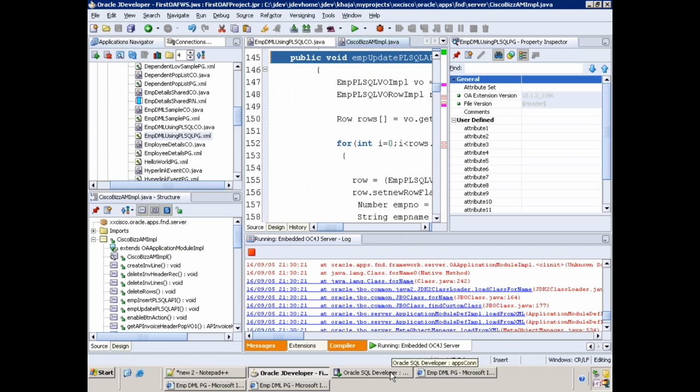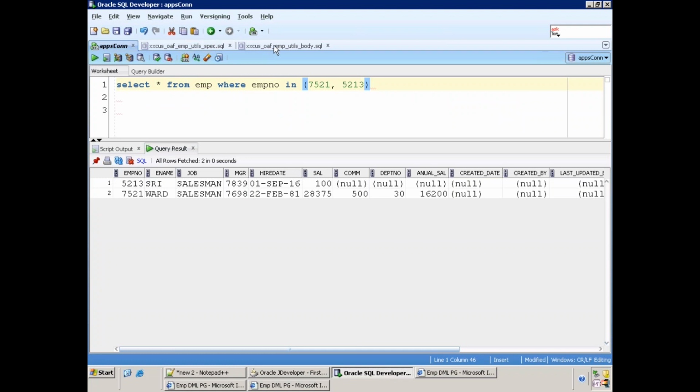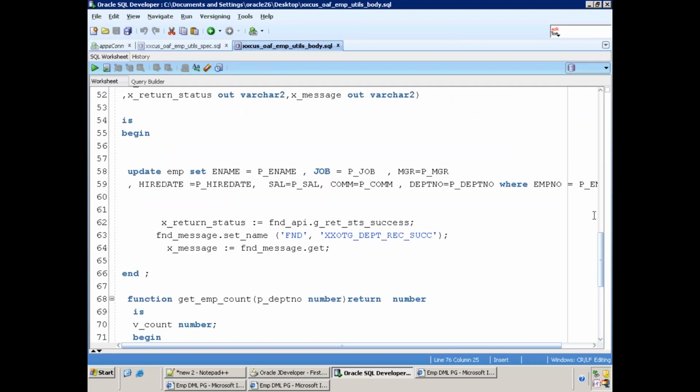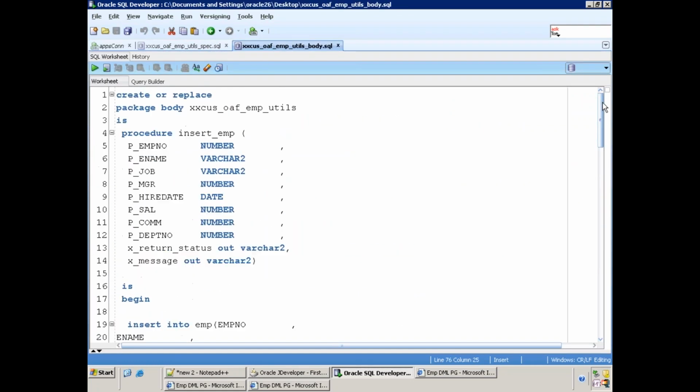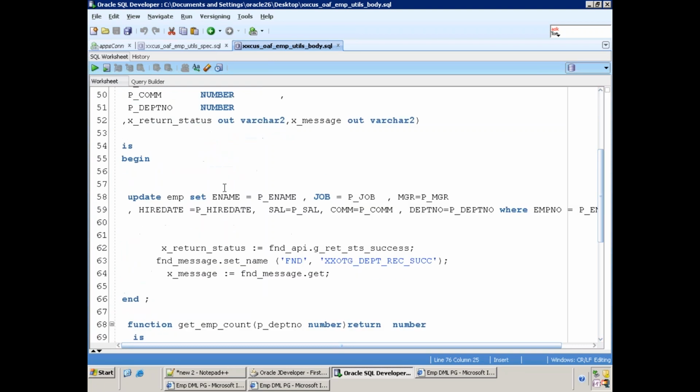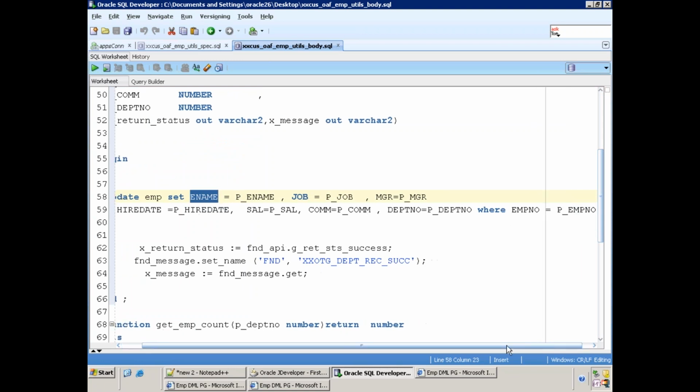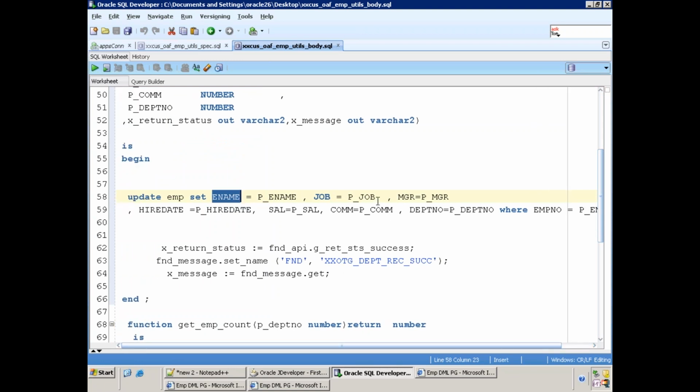I think maybe in the Java API, this particular PL/SQL API, we are not performing the updation for the EMP number, EMP name, I guess. Because ename and EMP number generally will never update. Yeah, we are updating, right? Update is there, where EMP number is equal to EMP number, we are updating the job, manager, and ename also.